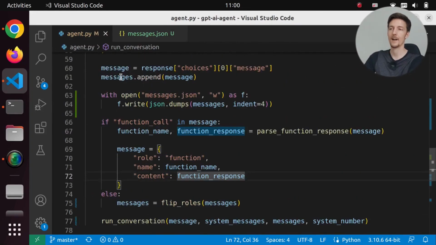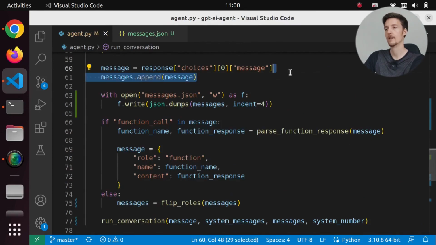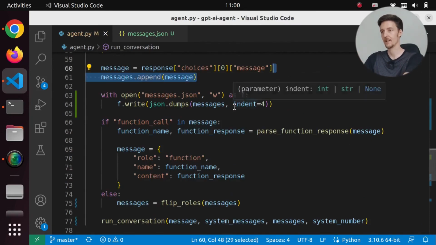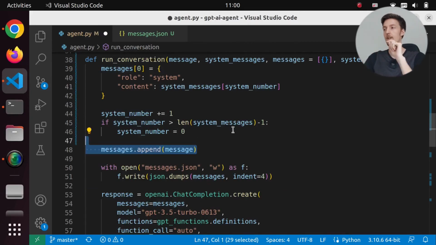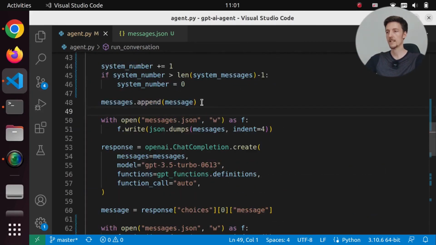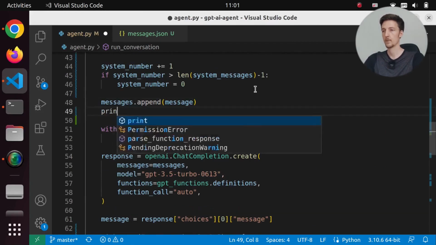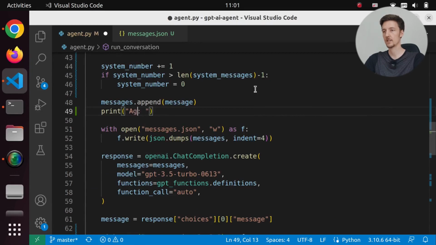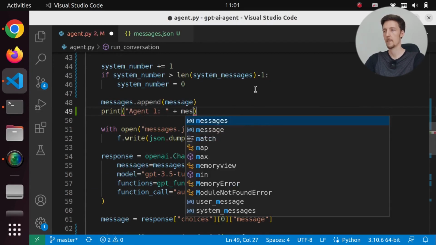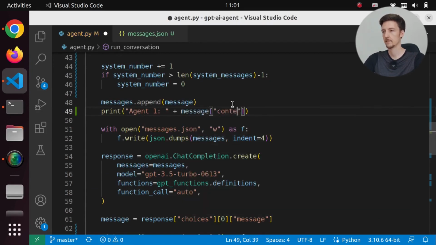Okay, here's the problem. I don't have to append this now, the message from ChatGPT, because it will be appended up here. So that's the mistake. That's why it's 2 times in there. So let's actually add here print user, or I'll call it agent 1 says message content.